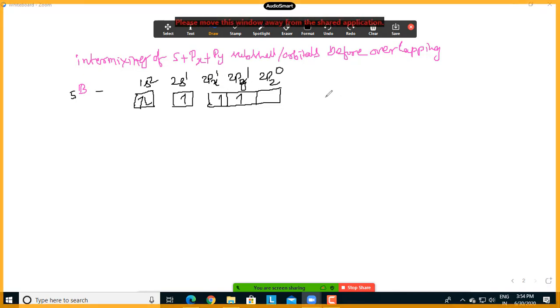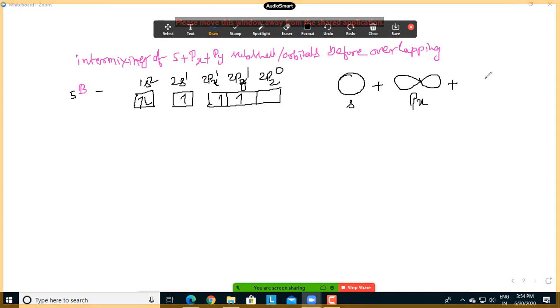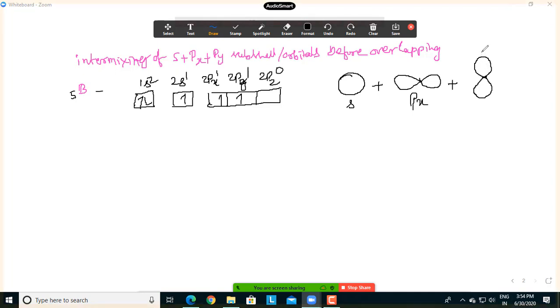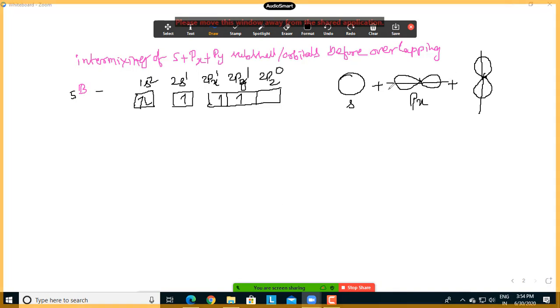Before overlapping, they will mix. Means S subshell is spherical. This is S plus P subshell, Px you take. Px is taking like this. Sir, after overlapping the shape of the orbitals will change. It will change. So S subshell mixed with Px and Py. So after mixing,